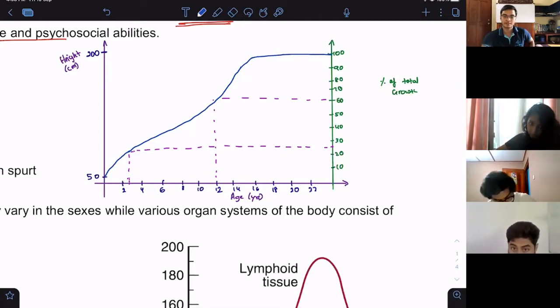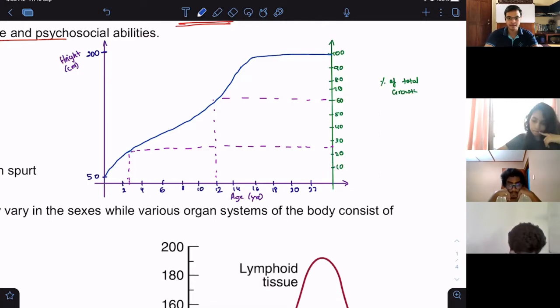So this is the height for age curve. That was proposed by this Richard Scammon person, and later the percentage of total growth was also added to this. So now we can look at several things here. Look at this, guys. What does this graph show? The first thing I want you all to know, look at this. From start to the stop,